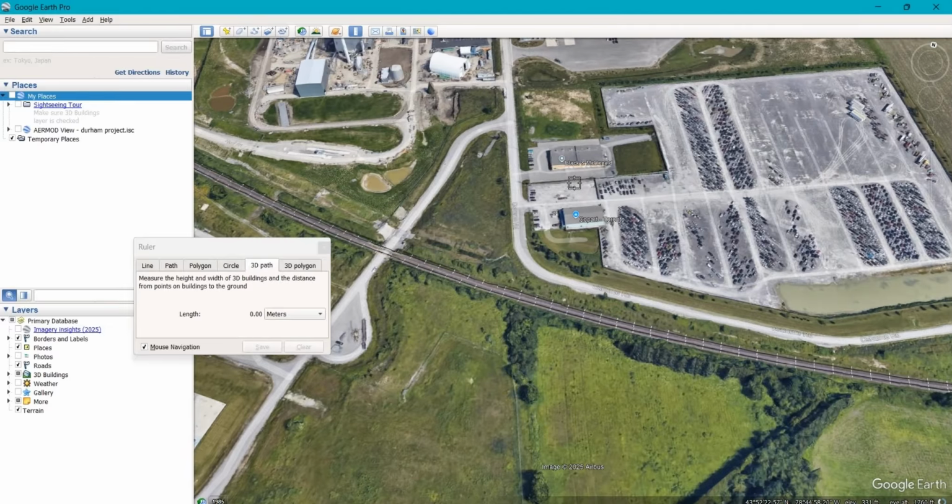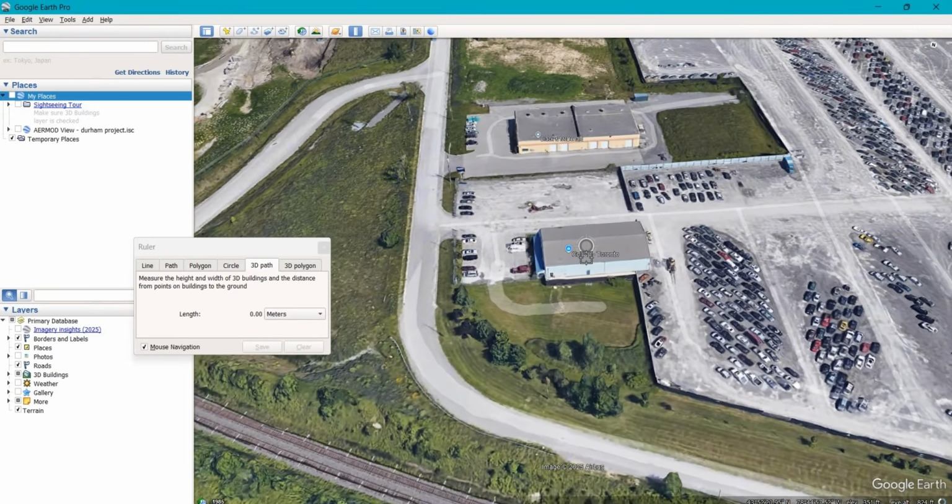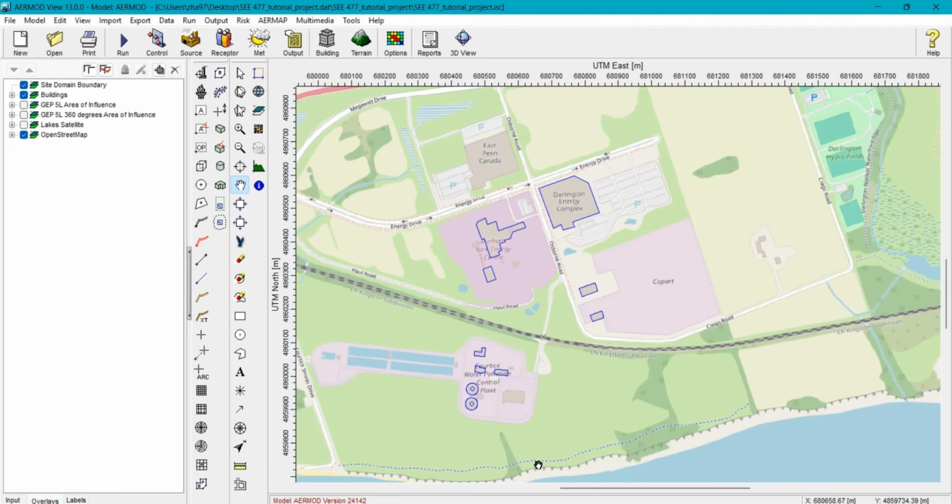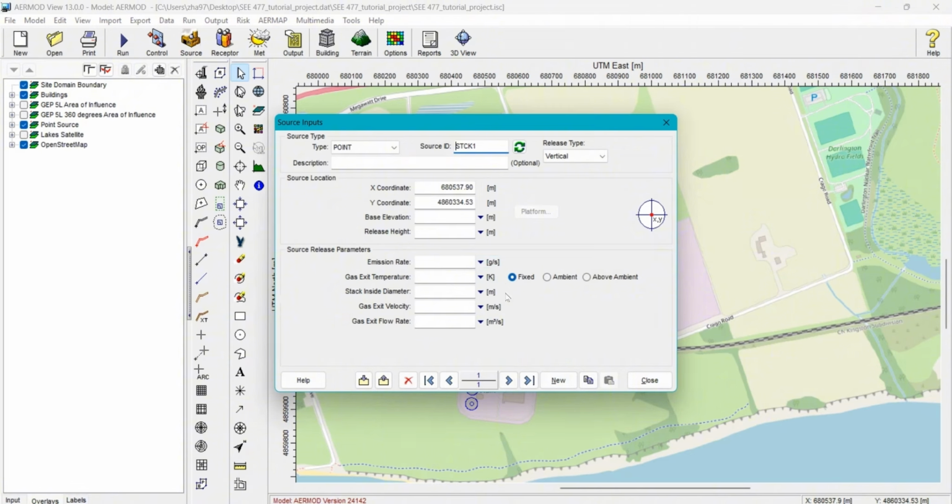Well, after defining the buildings, you need to define your point source or any other source you're focusing on, whether it is an area source or a line source. For this particular project, which is Durham York Energy Center, there is a point source, which is the stack, and the parameters that you need to fill in to define your point source are already given